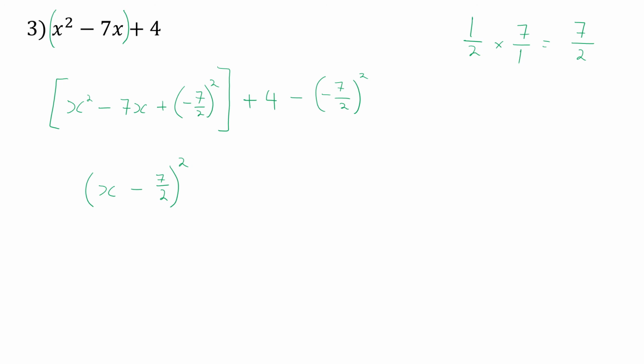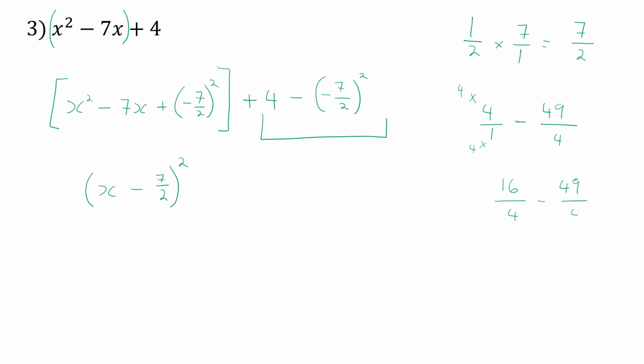And on the outside, let's see if we could work out this here. So that will be positive 4 over 1 minus, when I square inside here, everything will become positive, right? So that will be 49 over 4. 7 squared is 49, so 7 times 7 is 49. 2 times 2 is 4. And here I want common denominators, so I will multiply the top and bottom here by 4. So that will give me 16 over 4 minus